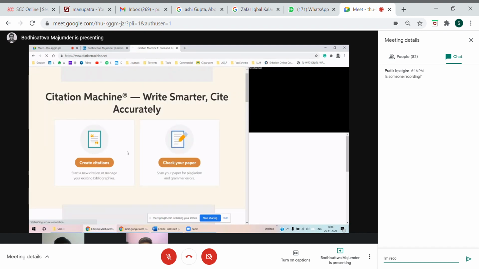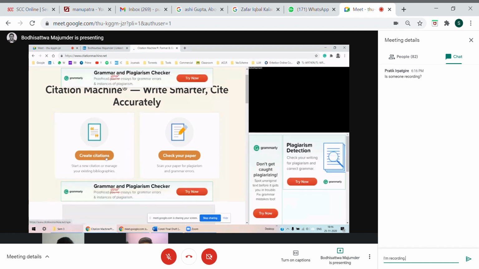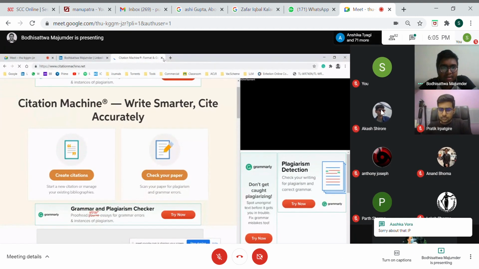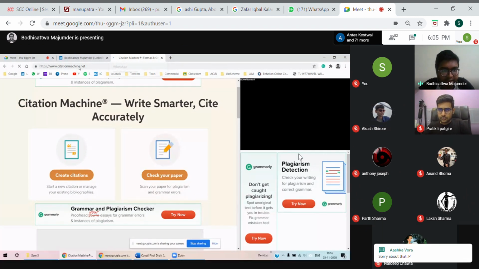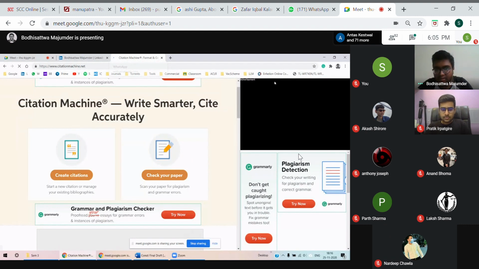So I will suggest you that don't do it. But if you are simply adamant that you don't want to do it, you can use this. This is nearly accurate. So write the link of this, share the link. You can save it if you want. For the initial days, this is very helpful.